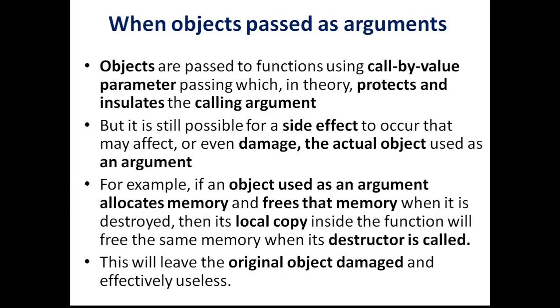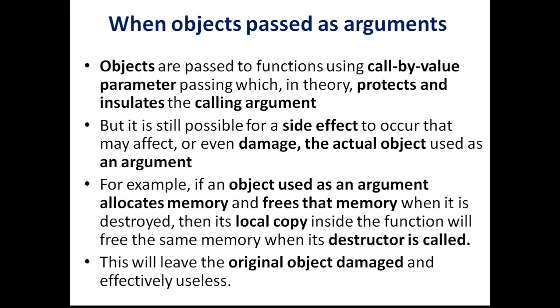We are now going to discuss the two situations one by one. The first situation where we may have a problem because of object initialization is when we pass objects as arguments to another function. Normally when objects are passed as arguments, we know very well that it makes use of call by value parameter passing. We have seen there are two methods of argument passing, call by value and call by reference. And call by value is the default argument passing.